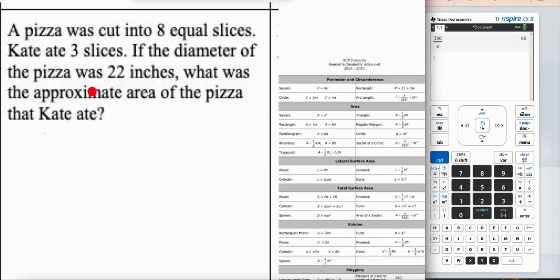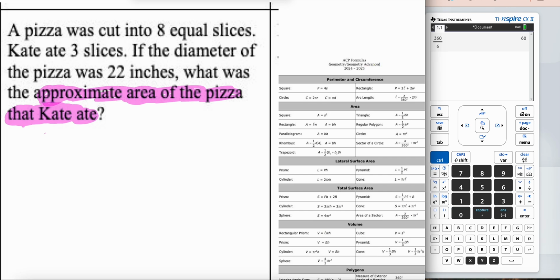And then the question is asking us, so let me just underline what the question is asking us. The question says, what is the approximate area? So the important word is going to be area of the pizza that Kate ate. So we just want to know the area of the part that she ate, not the entire area of the pizza. So to get started, the first thing that we're going to do, we're going to make a representation of